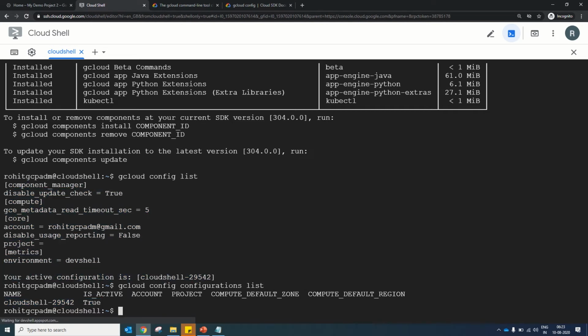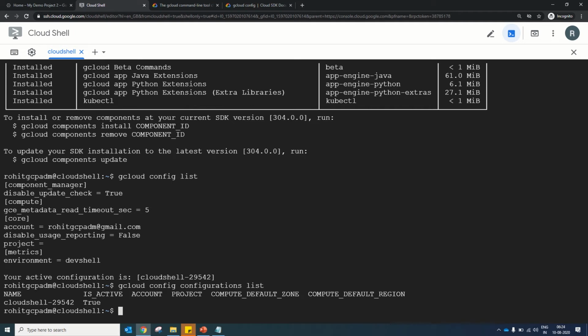To create a configuration, you have two ways, and it's very much required. Then why do we need to create a new configuration? We need to create a new configuration for different sets of properties. For example, you have a set of properties while you are working on one environment or one project, and a set of properties when you are working on another environment or another project. You need not configure them at runtime. As and when you log into the server, you can just go and create a configuration list, and as and when you log into the system, you can just activate a particular configuration list and start using it.